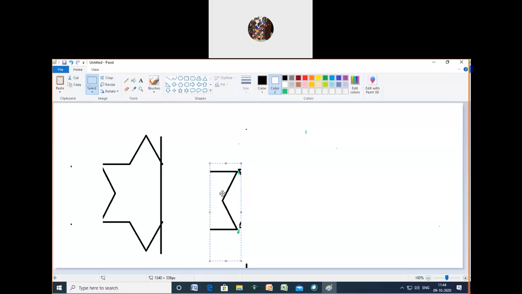Can you give a real life example of the symmetrical one? Is there anyone who can give real life examples? Butterfly. Did you see that one, butterfly? Butterfly is a symmetrical object. Then Taj Mahal. Taj Mahal has been constructed like that only, isn't it? You can check on Google what the symmetrical ones are. The other day I showed that the egg has been cut into equal parts, and the cake has been cut into equal parts, isn't it? So these are symmetrical. Both sides have to be equal.